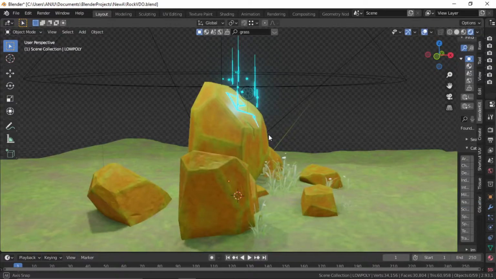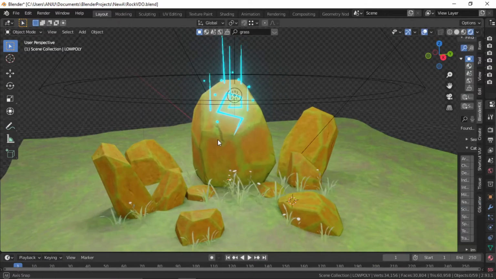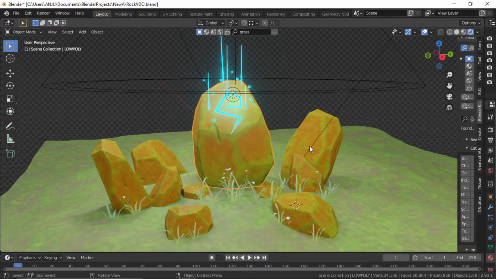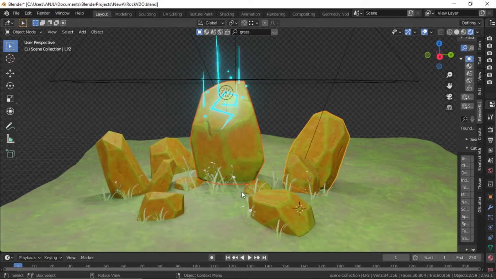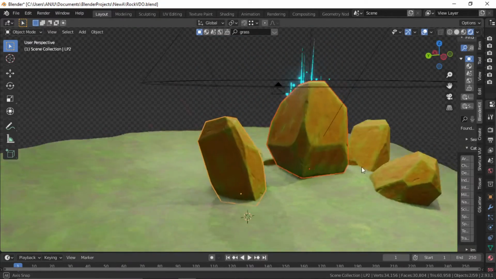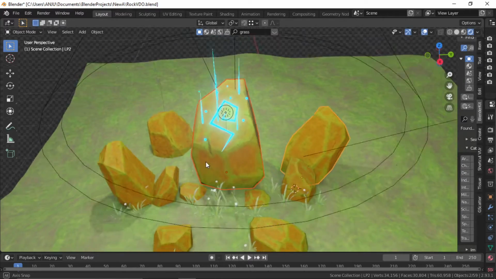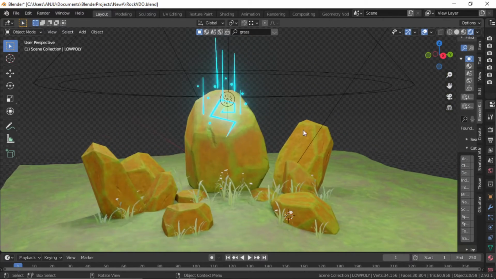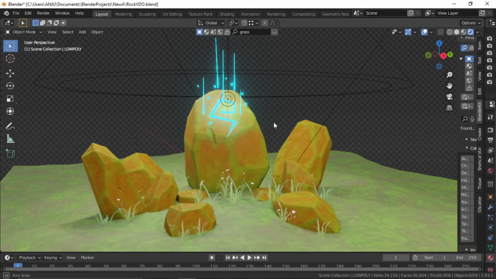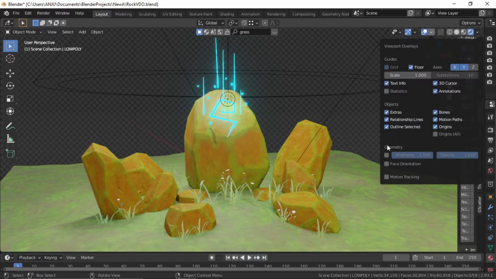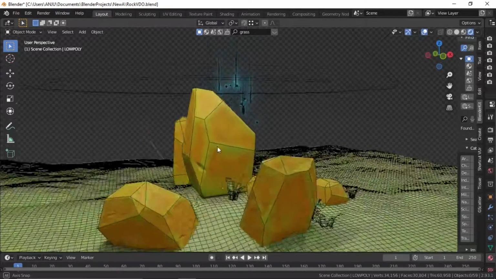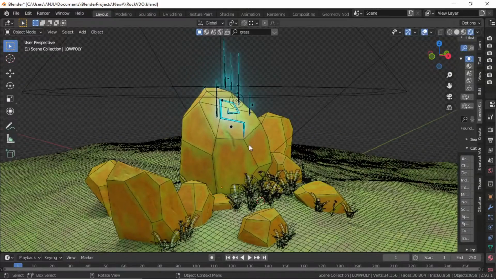Alright, so here I have put together a simple scene with these rocks. So these are just 2 rocks, and all these smaller ones are the variations in scale, rotation and position. So this is how you can create low poly rocks using the normal map strategy, and I'll see you in